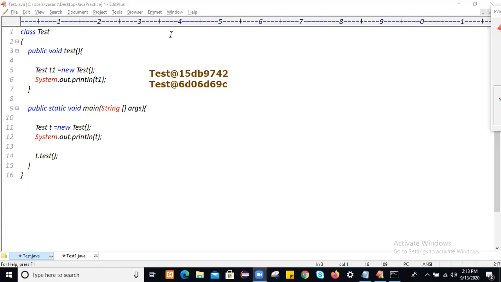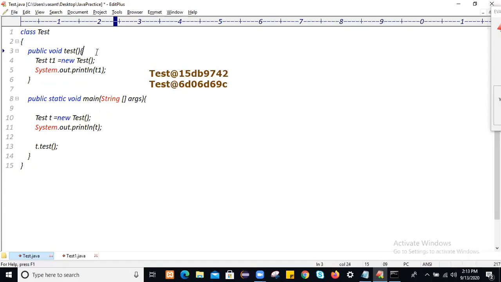Okay, next line, write down: if you create any reference within a method, then the scope of that reference is only within that method. Write this example.